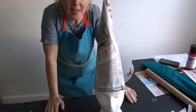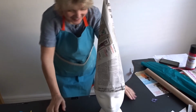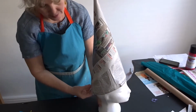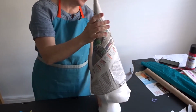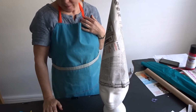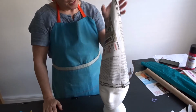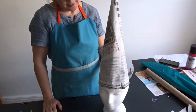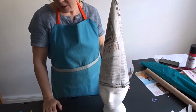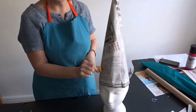Right, today we are going to decorate the pointy hat, which at the moment is very plain. It's sort of higher at the front, just comes down a bit lower at the back, so it's easy and comfortable to wear. The very obvious thing to my mind to turn this into is a wizard's hat. And if I was going to do that, I would paint it all black or navy or purple or any other colour you like,